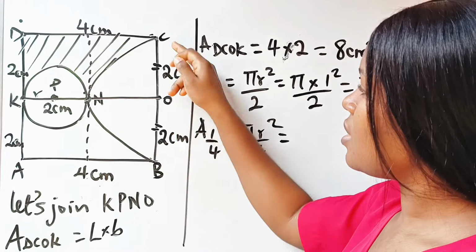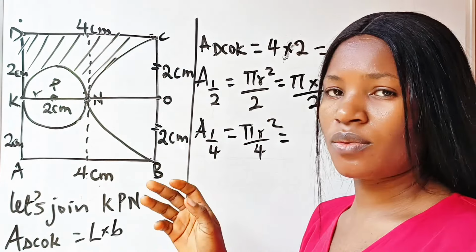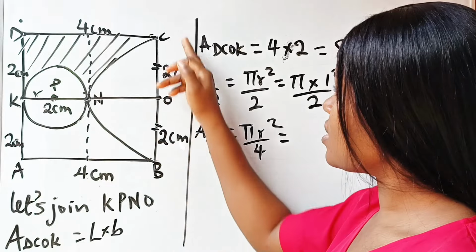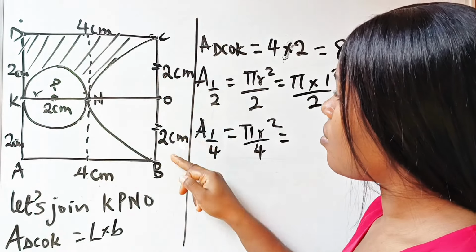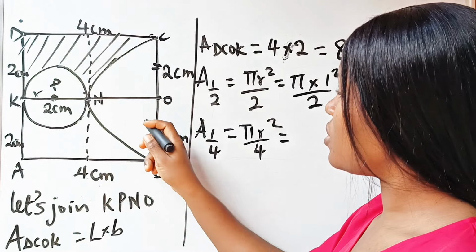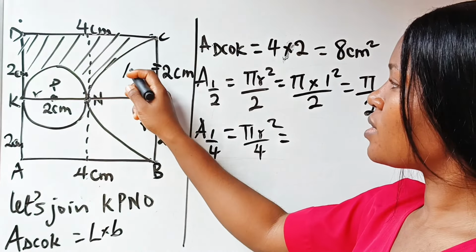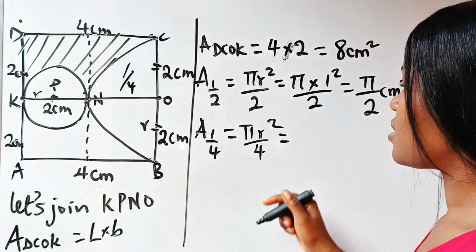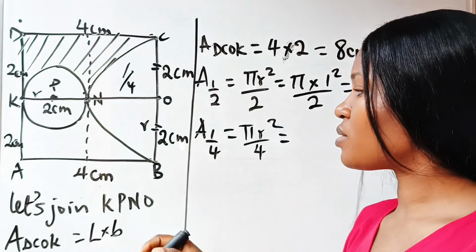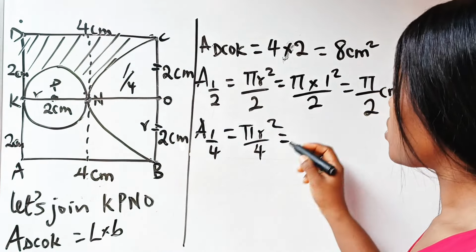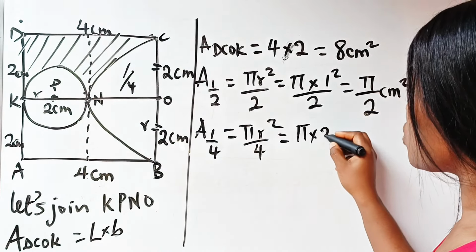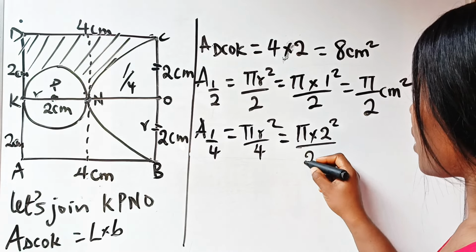Remember that BC is the diameter of this circle, and if BC is 4 cm, half of it, which happens to be the radius, is 2 cm. So the radius of this quarter circle is 2 cm. So it's going to be pi times 2 squared